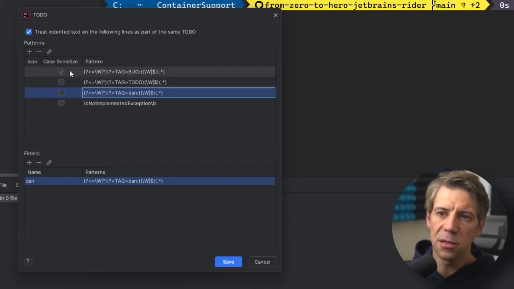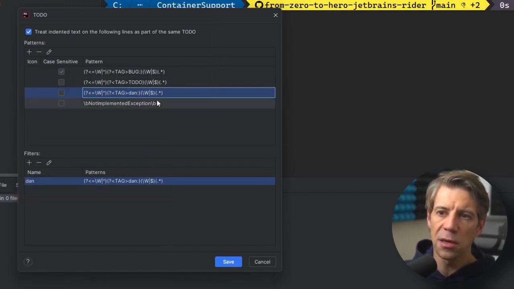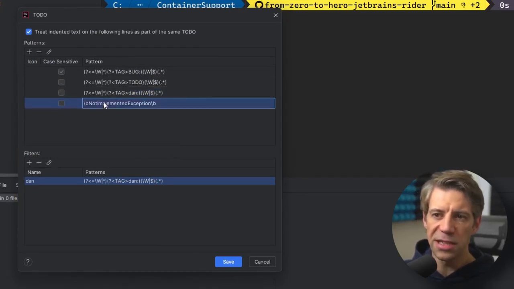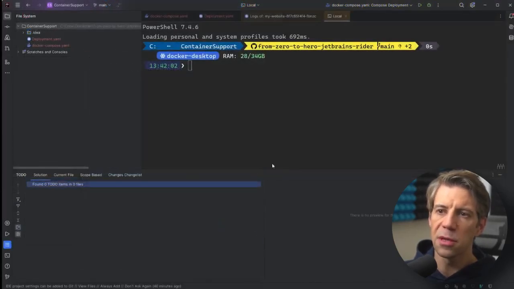Now these patterns, we can see that this block is patterns, and we've got filters down here. These patterns are regular expressions. Obviously that's quite a complicated regular expression. I wouldn't recommend trying to write it yourself unless it's a more basic one like this. What I would tend to do is copy an existing one and then tweak. So you can see I've just changed to-do for done: